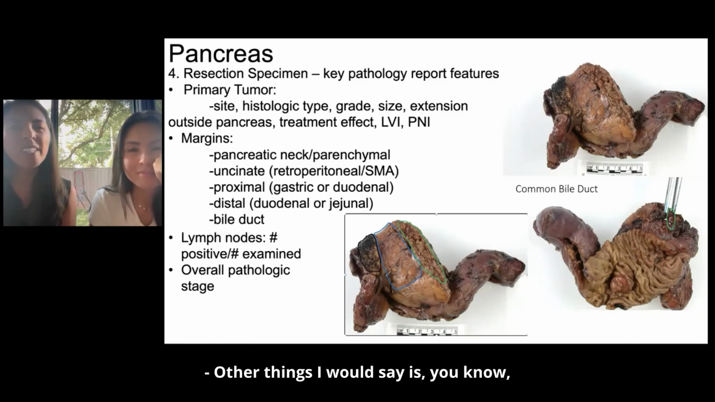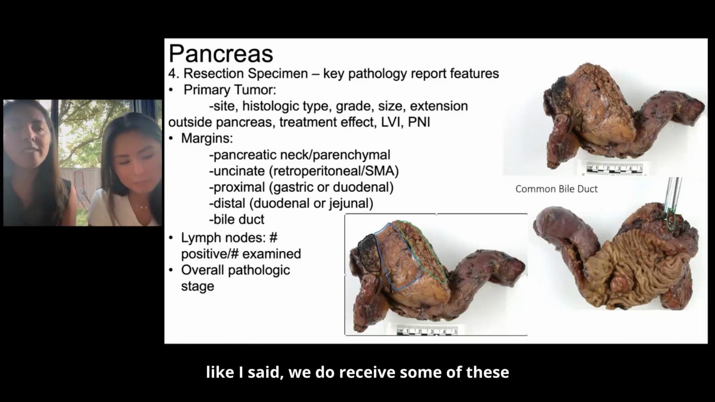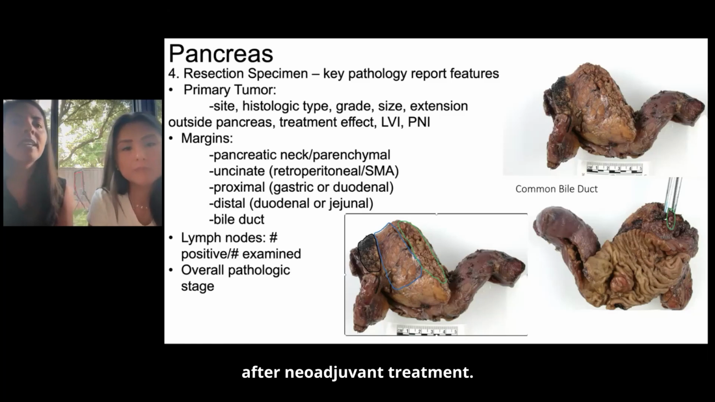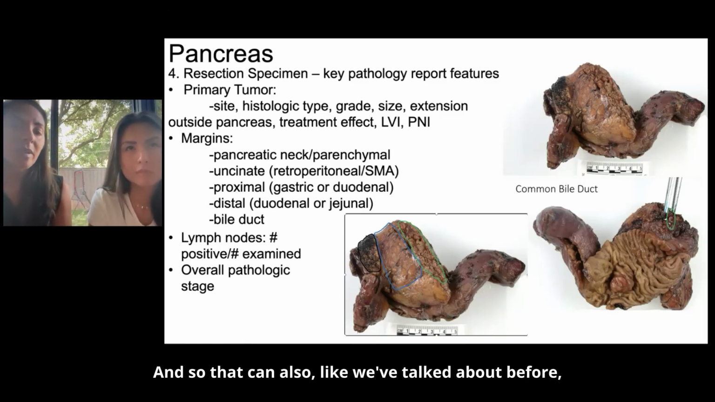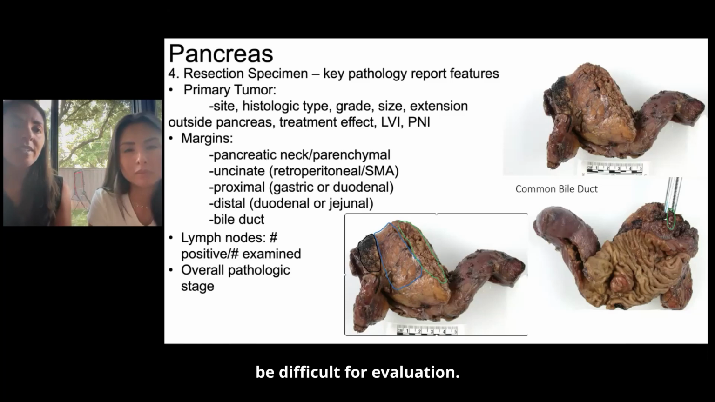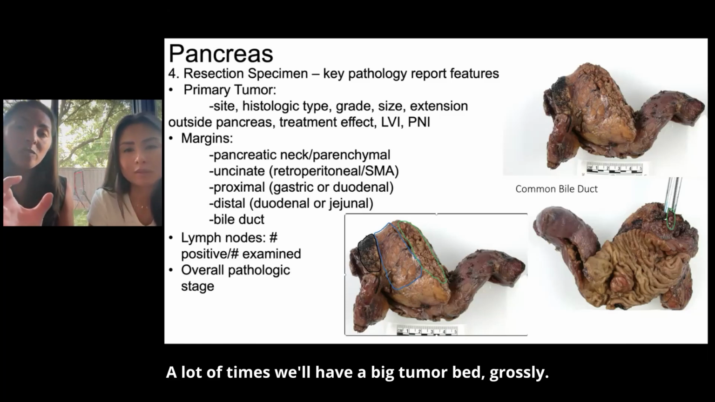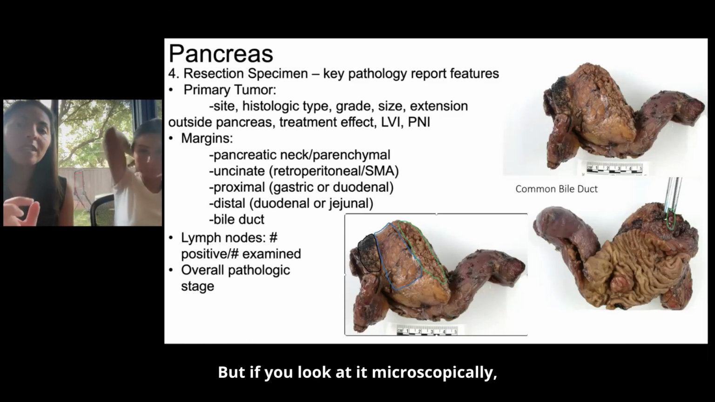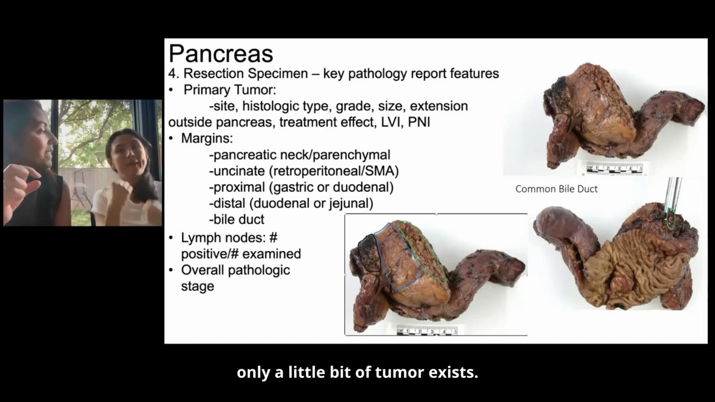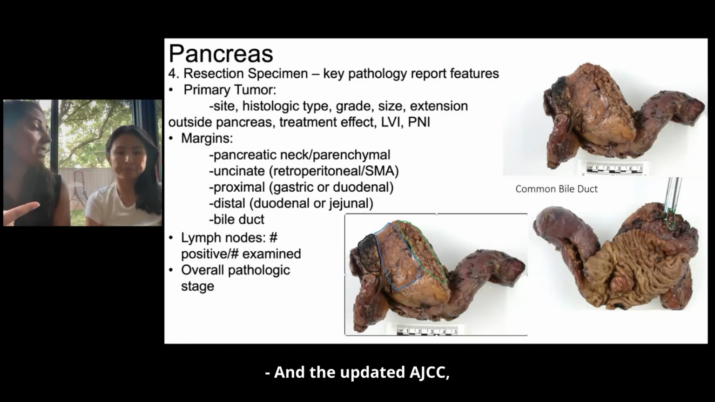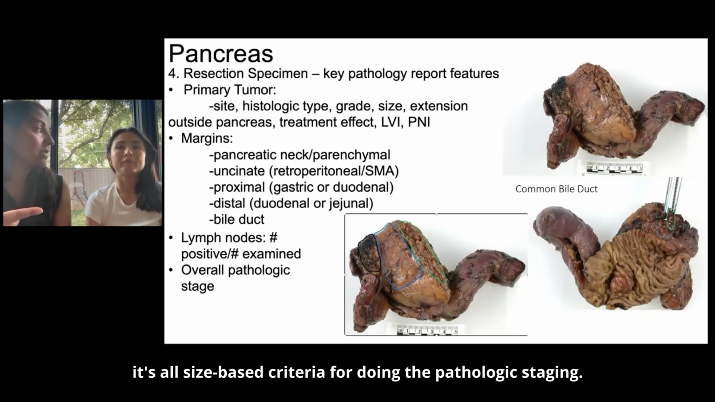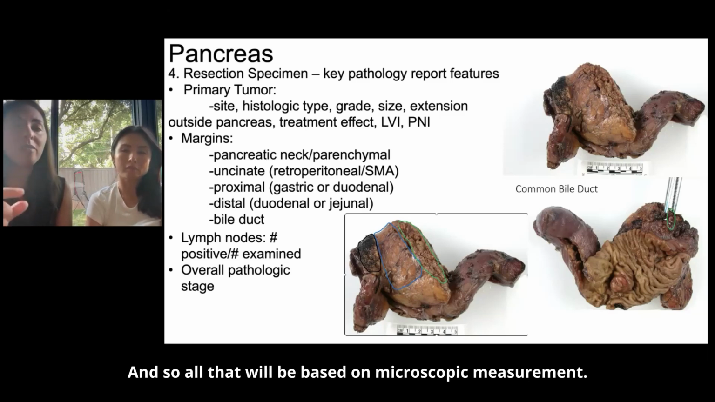Other things I would say is, like I said, we do receive some of these after neoadjuvant treatment. And so that can also, like we've talked about before, be difficult for evaluation. A lot of times we'll have a big tumor bed grossly, but if you look at it microscopically, only a little bit of tumor exists. And so in the updated AJCC, it's all size-based criteria for doing the pathologic staging. And so all that will be based on microscopic measurement